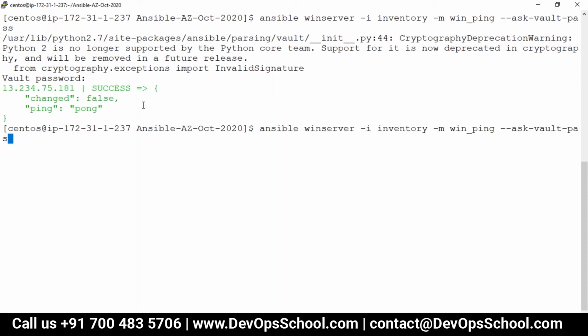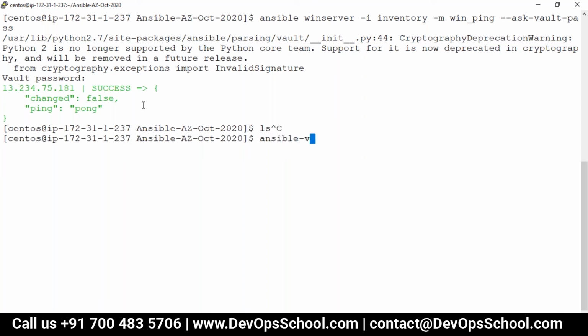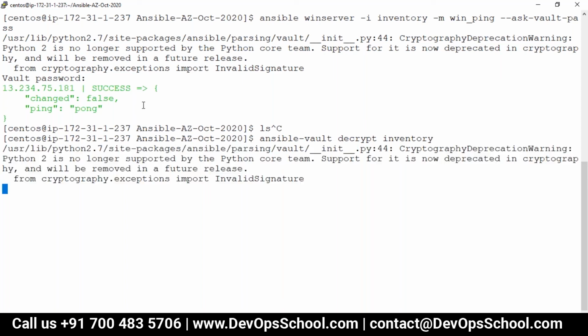So guys, this is the way. Not only can you encrypt with Ansible Vault, you can also create a new file from scratch. In my case, I had the file and I encrypted it. Now if you want to decrypt it, no problem. Ansible Vault view I showed you. You can edit also. But this time I want to decrypt. ansible-vault decrypt inventory. It will ask you for the password for decryption also. So the password is the same, Raj123. Guys, now you can see the content without any problem.